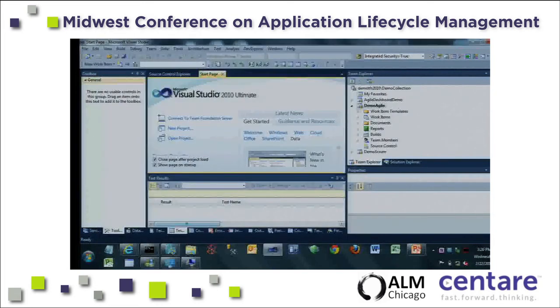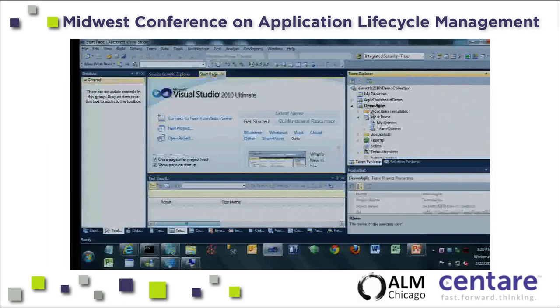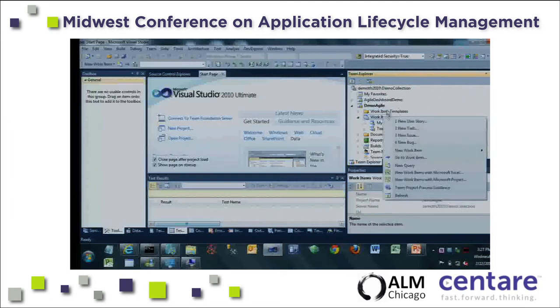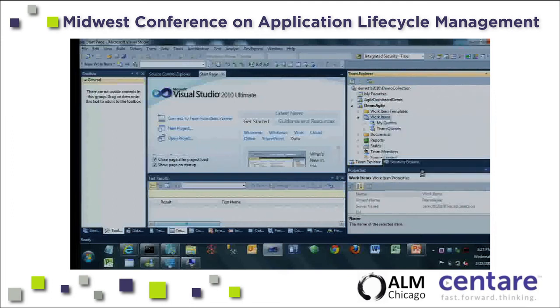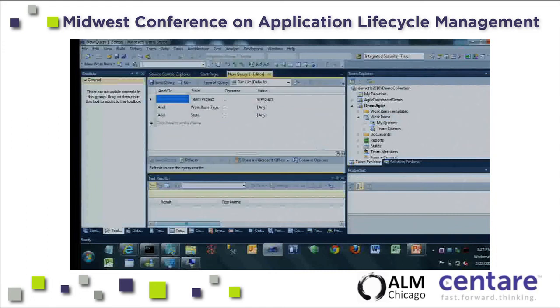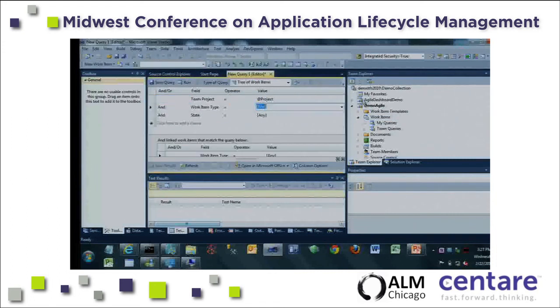So let's come over to our TFS project. This is connected to Project Server. Let's quickly create a work item query. And let's bring back a tree of work items and anything at the top that is a user story, bring that back. And then